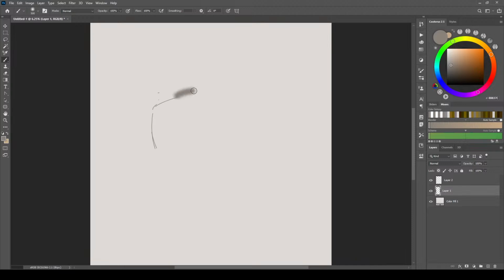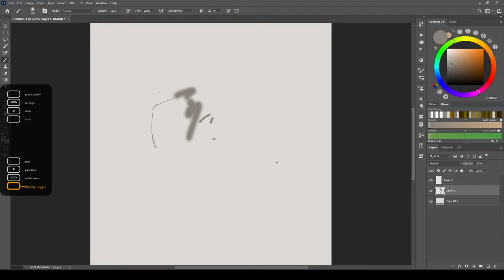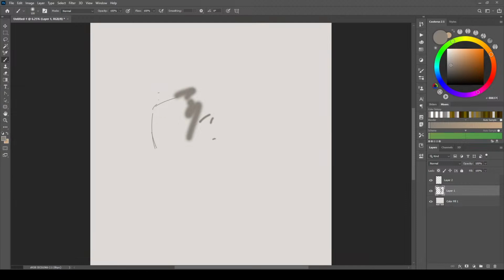Oh boy, looks like we don't have pressure sensitivity. Let me see. Let's reboot Photoshop and see if we can get this back up.